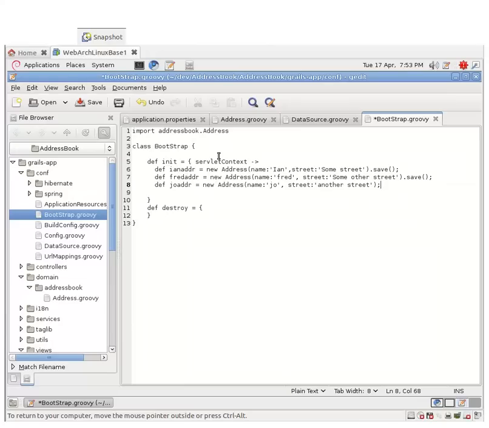Oh, I need to put a save on there. Send it to the database. Okay, so if I save that,